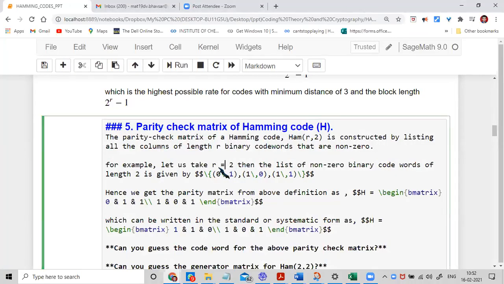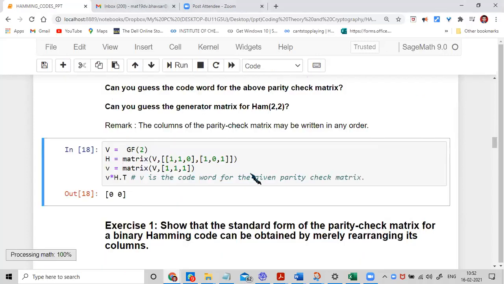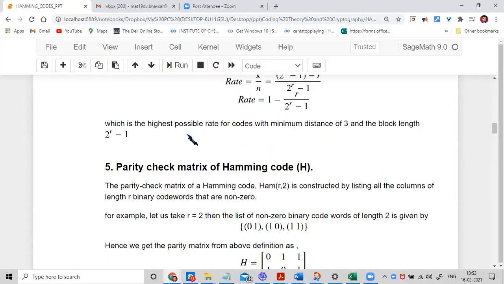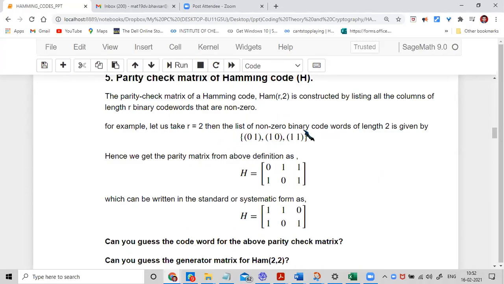So let us take R equal to 2. Then the list of the non-zero binary code words of length 2 is given by 0, 1; 1, 0; and 1, 1. Hence, the parity matrix